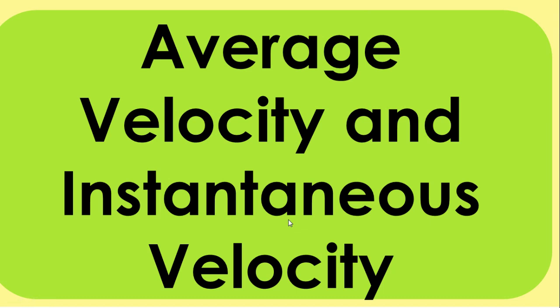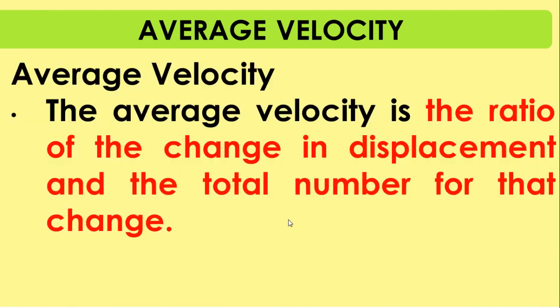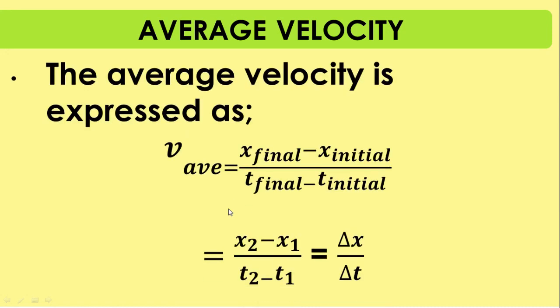Now let's move on to average velocity and instantaneous velocity. When we say average velocity, this is the ratio of the change in displacement and the total time for that change. And we can get the average velocity from the following formulas. Now, kahit saan pong formula ang gamitin po natin dito, pwede po natin gamitin for the equation for the average velocity. For the average velocity, this is expressed as v sub av. So, the small letter v signifies velocity, and the av is for average. So we can read this as the average velocity.